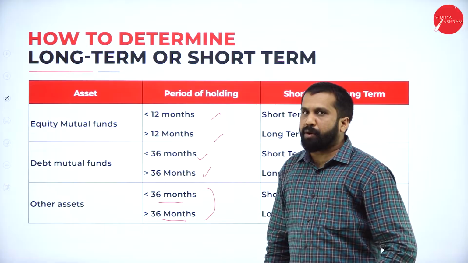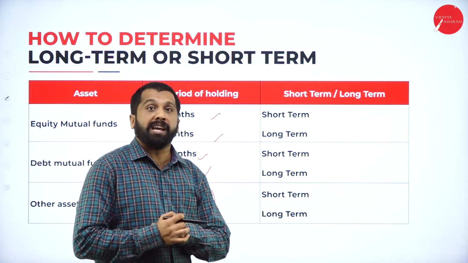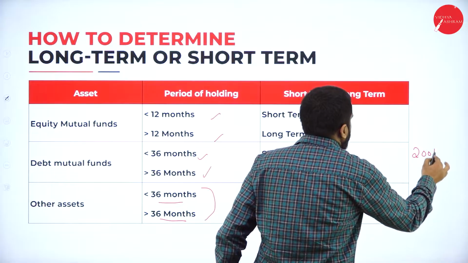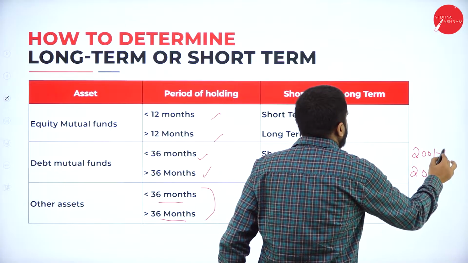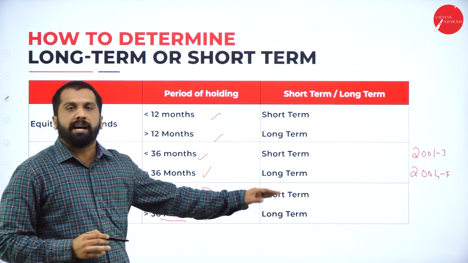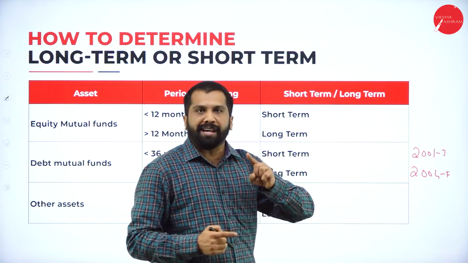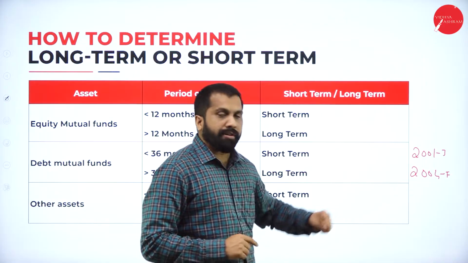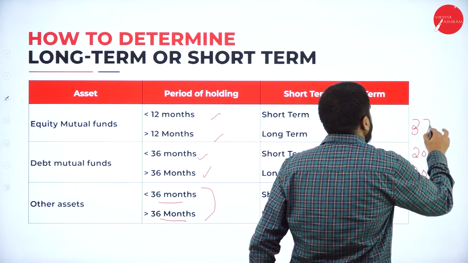Why are these important? This is very important. Because in your question paper, they will give you a vehicle. He bought it in 2001 and sold it in 2004. Say, bought in January 2001, sold in February 2004. How many years did he use it? 2001 to 2002, 12 months. 2003, another 12, 24 months. 2004, 36 months. And February, it will be 37.